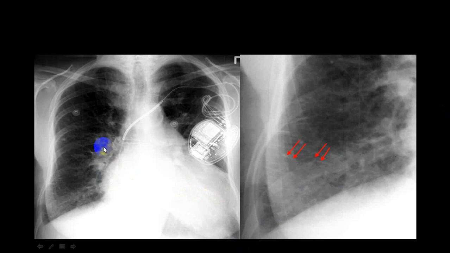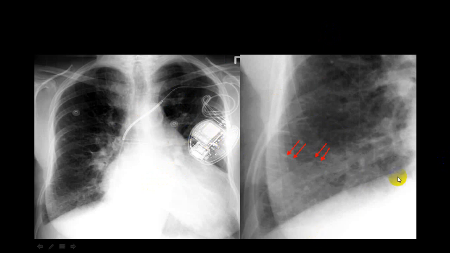Cardiomegaly, little pulmonary congestion, pacemaker, and you can see this wire. There's a thick part here, and here it is a little difficult to identify, but there will be another portion which will be having a little thicker portion. This is ICD, and these are Kerley B lines. So this person is having congestive heart failure, and this is an ICD, implantable cardioverter defibrillator.